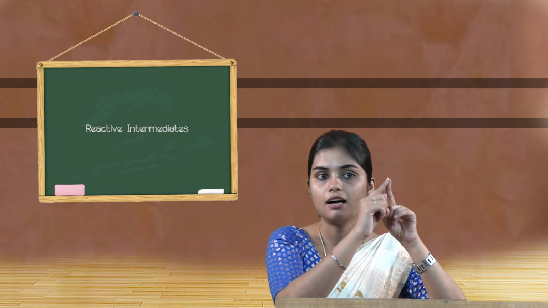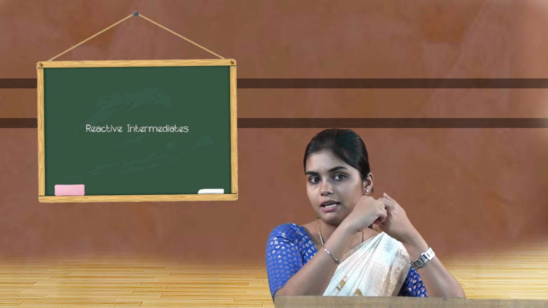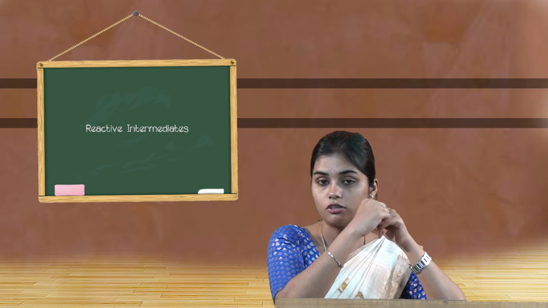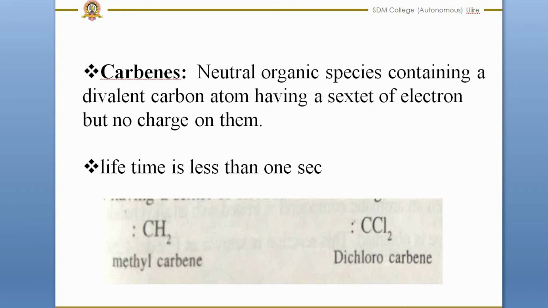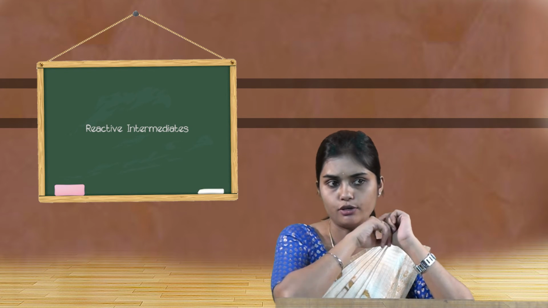A carbene contains a divalent carbon with a sextet of electrons but no charge, whereas a carbanion is always represented with a charge. In the picture you can see two types of carbene, methyl carbene and dichlorocarbene. A carbene is always represented by 2 electrons, sometimes with a bond, but most of the time through a pair of electrons. Now,